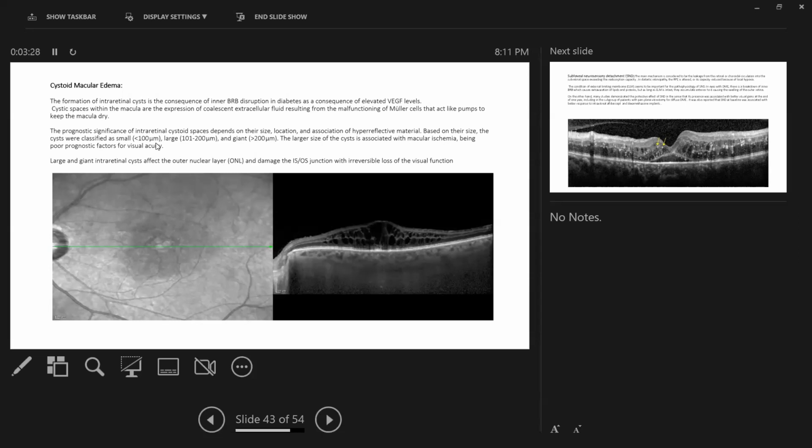When we get a small cyst, less than 100, usually the impact on the vision is not so much. But if it is large, between 100 to 200, or giant, more than 200 micrometers, it will cause more impact on the vision. So when you have a giant or large cyst, you have to know that the vision will be very poor. And if you do the OCT angio, you will find ischemia on the OCTA because of the impact of these cysts. Why? Because these cysts press on the superficial and deep capillary plexus,